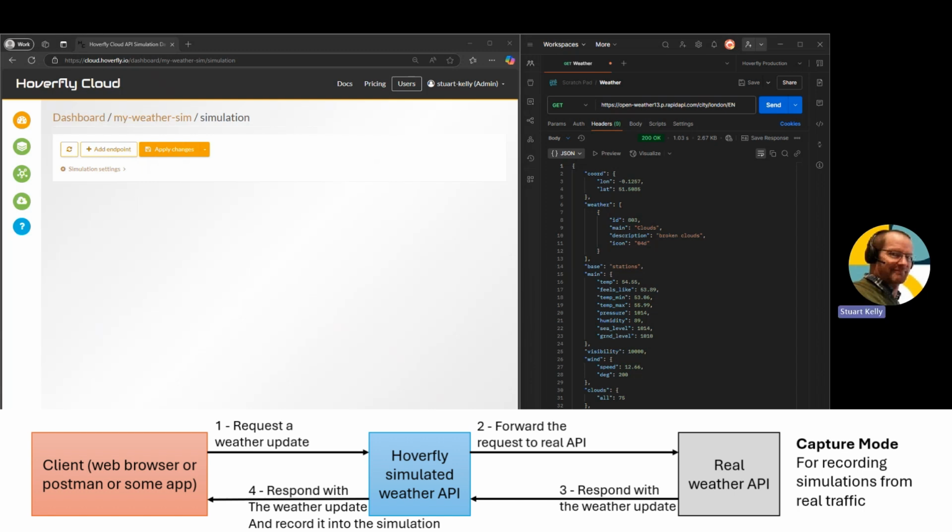So I'm going to take the URL that Hoverfly Cloud gave us. I'm going to put it in here to replace this actual API URL. Make the same call again for the City of London in English. This time it's going via Hoverfly, and it's come back already. So now if I refresh this,